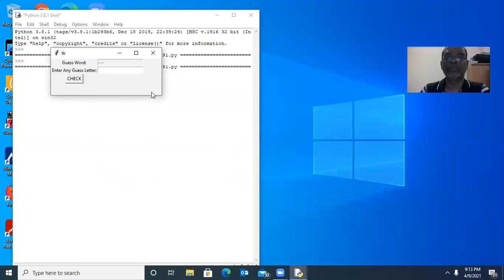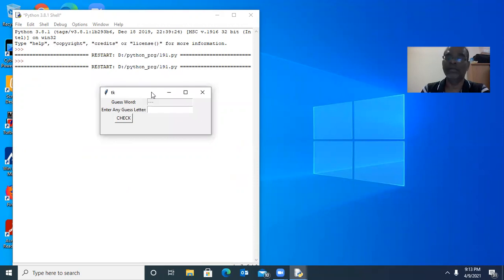Now we don't know what the words available in the word list are, which is the guess word, we don't know. So only the first letter we got. The guess word has 3 characters since entry 1 contains 3 hyphens. So randomly I select it should be fun. So I press F. So it's not fun. Chances left are 5. One chance is already over. Only we are having 5 chances.